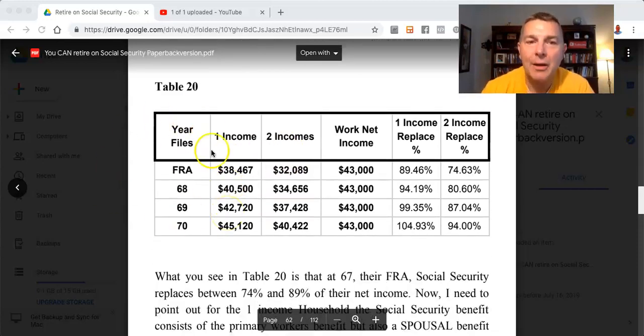The years filed: FRA, 67, 68, 69, 70. If we've got one income, that's how much we're going to get in Social Security benefit. That's our net income, $43,000. So one income at FRA will replace 89.46% of our net income. Two incomes, because both people make $30,000, is reduced, and will only replace